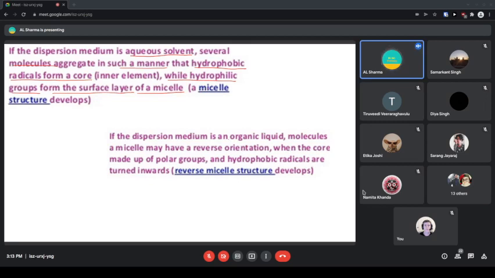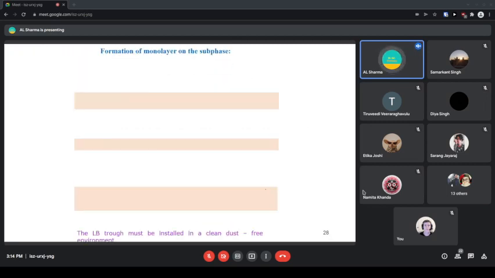And if the dispersion medium is an organic liquid, the molecules of a micelle may have a reverse orientation, where the core is made up of polar groups and hydrophobic radicals are turned inwards. So it is said to be the reverse micelle structure. So what you are looking at here in this